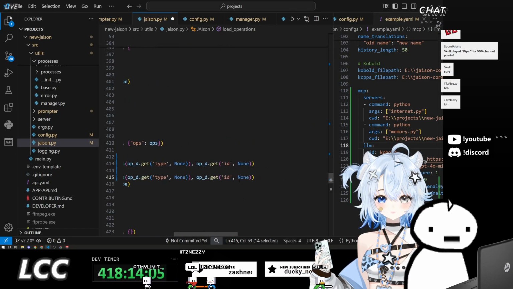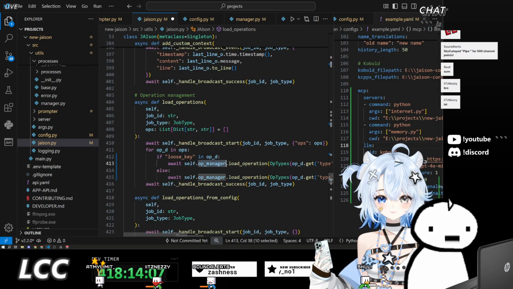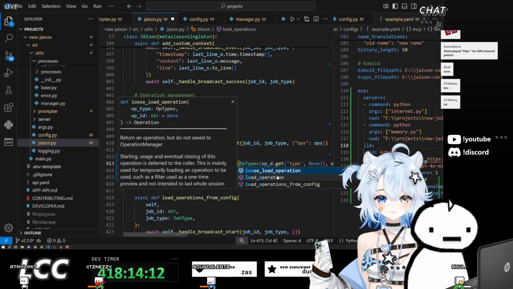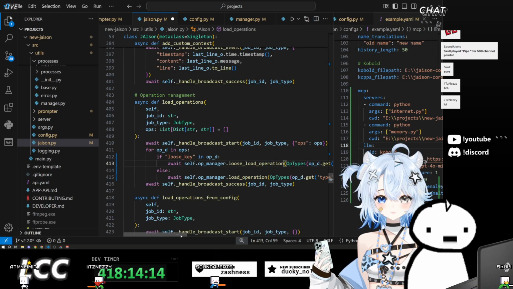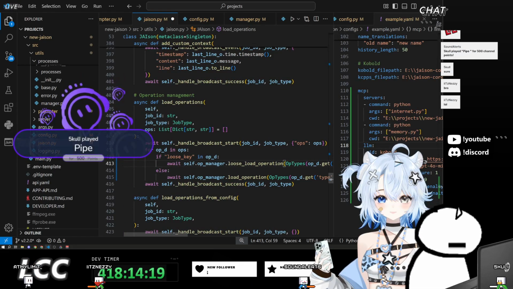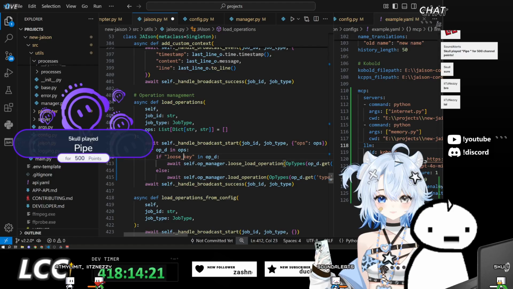So default behavior is to load it as per normal. Otherwise, we loose load this operation. So loose load operation. And this will be like normal, but we also need to pass it in loose key.